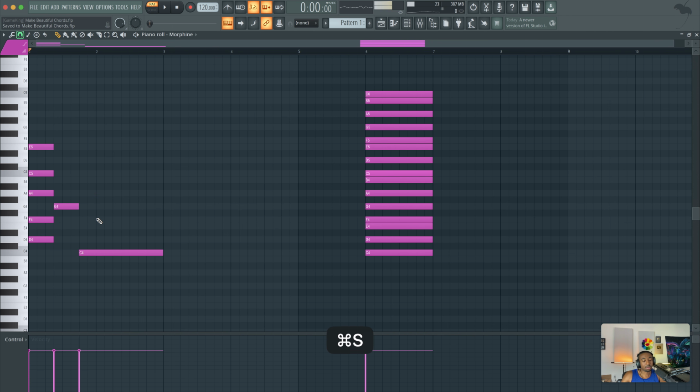Now we're going to move into something a little more advanced called the dominant ninth chord. Now this chord type is built from the scale. In this case, we're skipping every other note in the scale. So if we start at G, skip A, go to B, skip C, go to D, skip E, go to F. Actually, let's not go that far. Let's just do G, skip A, go to B, skip C, go to D. That creates G major, which is technically the fifth of the C major scale.